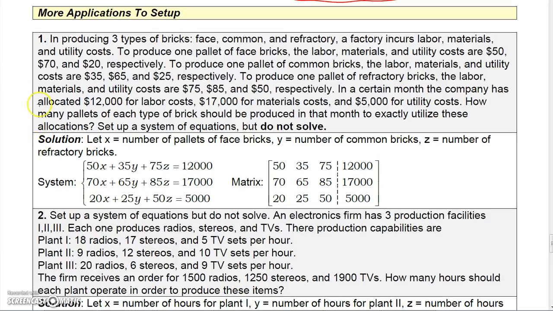Okay, so let's look at some word problems. In this problem, it says, in producing 3 types of brick, we have face bricks, common bricks, and refractory bricks. A factory incurs labor, materials, and utilities costs. To produce 1 pallet of face bricks, the labor, materials, and utility costs are $50, $70, and $20 respectively. For common bricks, the labor, material, and utility costs are $35, $65, and $25. And for refractory bricks, the labor, materials, and utilities costs are $75, $85, and $50. In a certain month, the company has allocated $12,000 for labor costs, $17,000 for material costs, and $5,000 for utility costs. It asks how many pallets of each type of brick should be produced in that month to